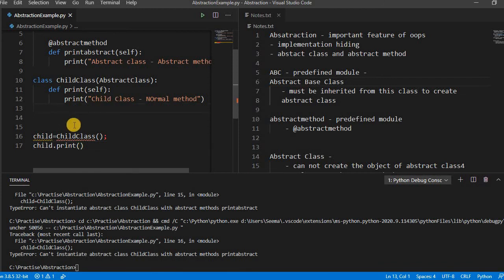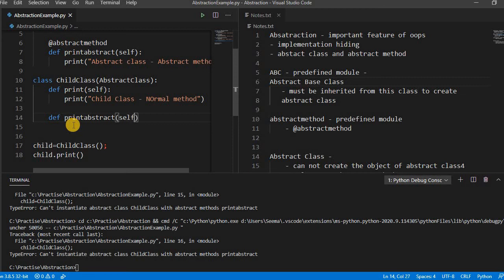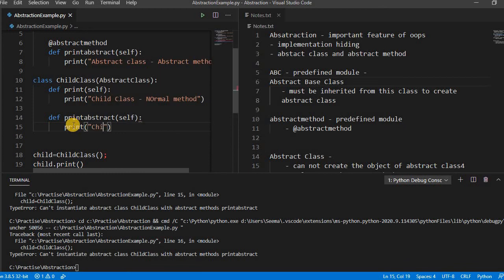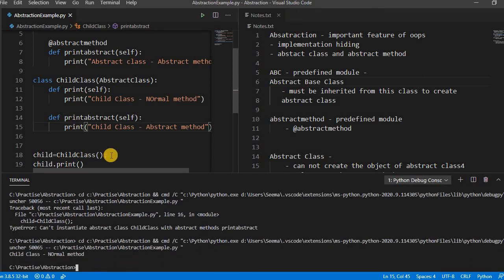Okay, so let's do this. Print "child class abstract method", right? Now let's run this. See, it's calling now.